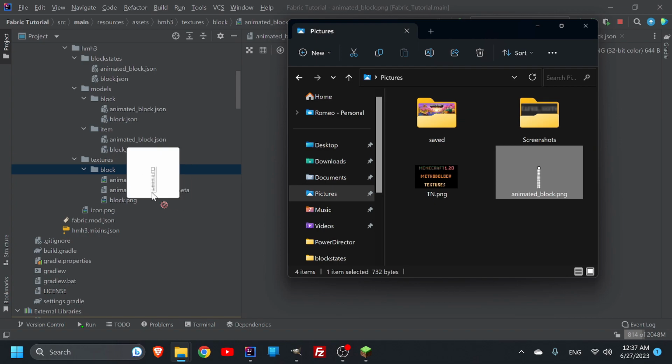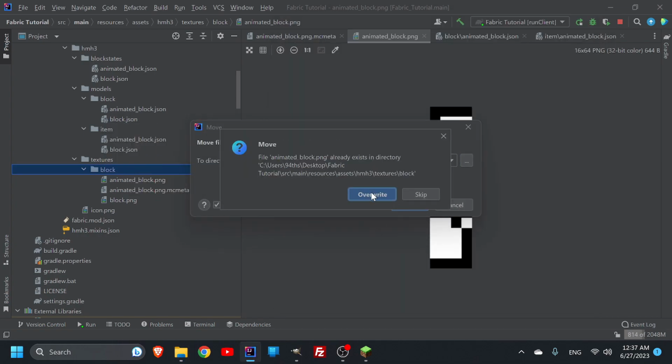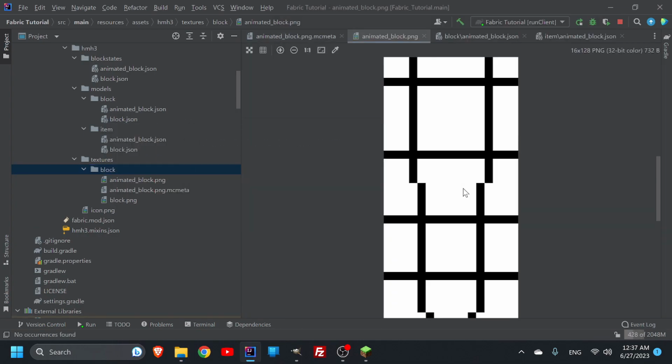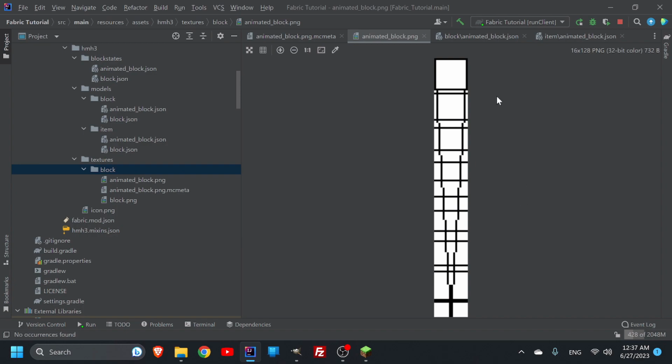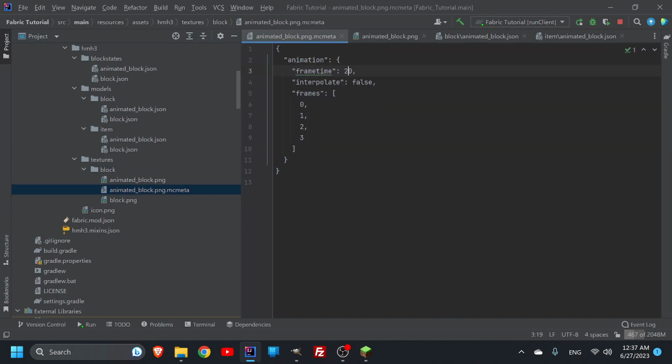We have our animated block. We can shove it in here and override it. And now we have a much better animated block in which we have frame 0, 1, 2, 3, 4, 5, 6, and 7. So animated block will have 0, 1, 2, 3, 4, 5, 6, 7, and then to save our time, we could simply just write down all of our,